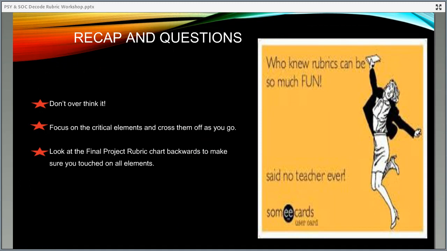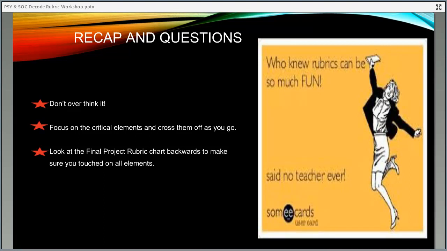All right, so a few final things that I want to say about the rubrics, and then I'm going to show you how to get to a couple places quick. Don't overthink the rubrics, okay? That's part of the problem, is that they are lengthy, and a lot of people, because of the wordiness of them, tend to overthink them and think that they're not doing it correctly because there's just so much information,